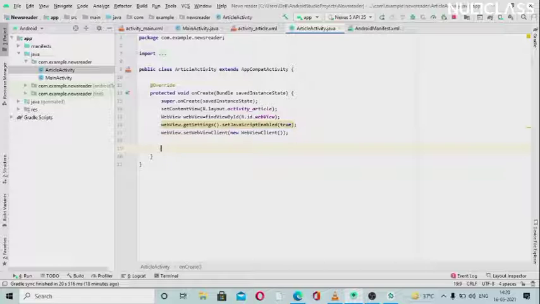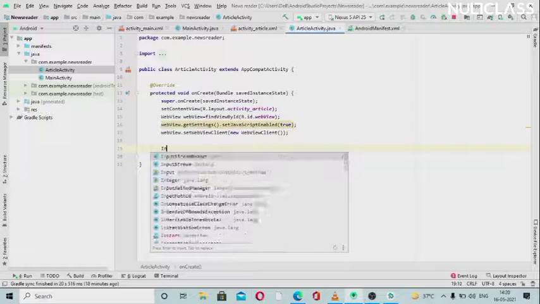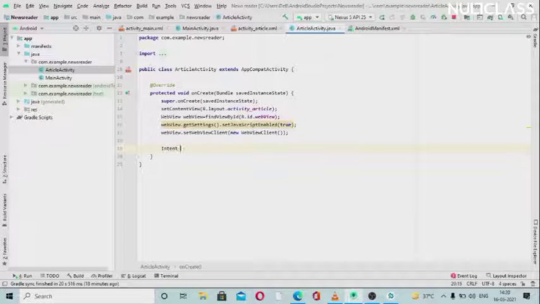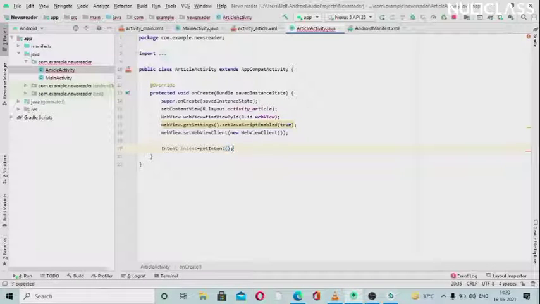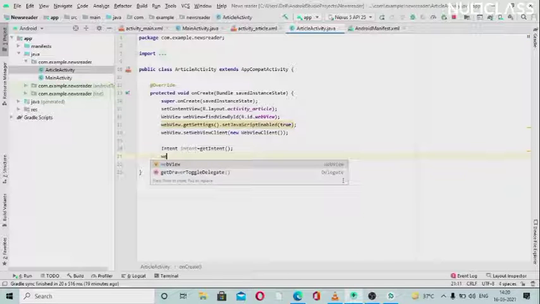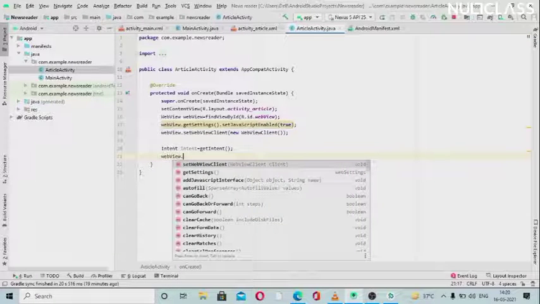So we will first create the intent here, as we will receive the intent here. As this is a new activity, we need to declare it again. Intent is equal to, now we will get the intent, we don't have to create an object, we are just receiving the intent here. So just link it to the web view by using this code,